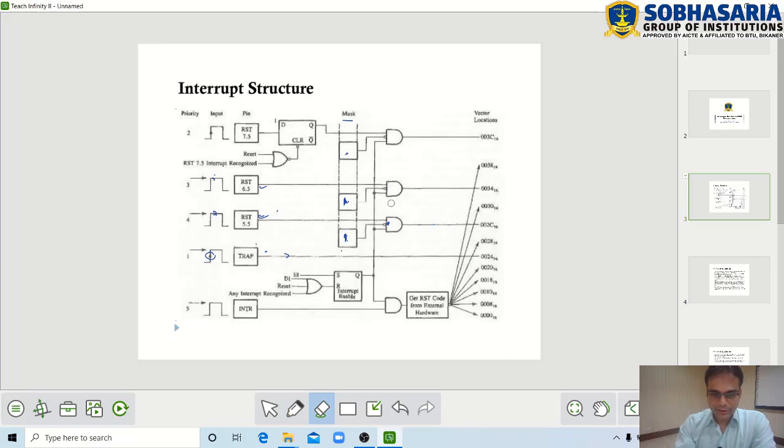This is how a masking bit works for these two. Similarly with RST 7.5, if the masking bit is set, it will create a 0 here. If in an AND gate one input is 0, then the output is going to be 0, or this line is going to be disabled. So this is how an interrupt can be masked, ignored or disabled.